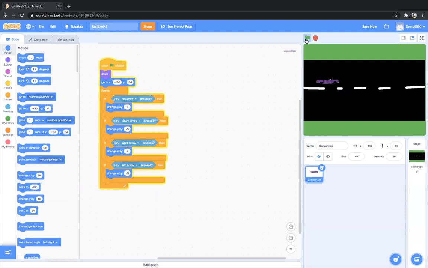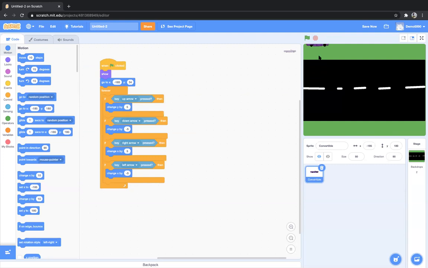Now let's click on the green flag and let's see what's happening. See, right now I'm pressing my right arrow, so my car is moving. If I am pressing the left arrow, my car is moving backward. If I am pressing the up arrow, it's moving up. And if I am pressing down arrow, it's moving down. And if I change the value to 10, it will move a bit faster. See, if I press up arrow like this, it's moving quite faster. So I think 5 is okay, or even below 5 would be fine.